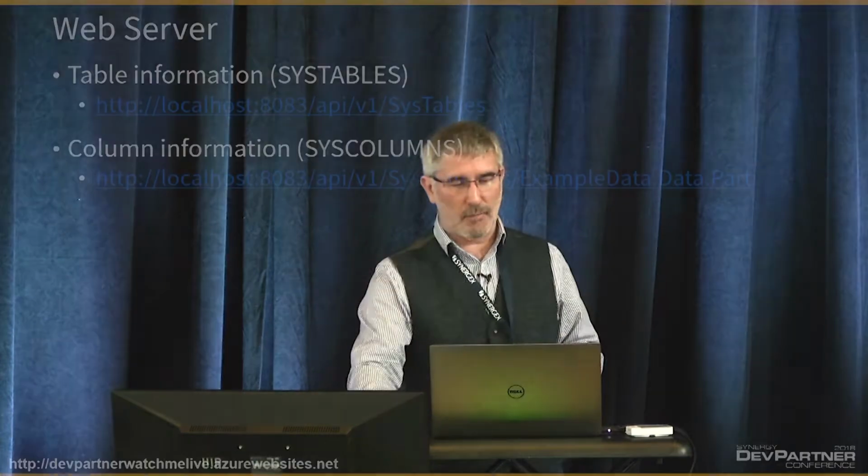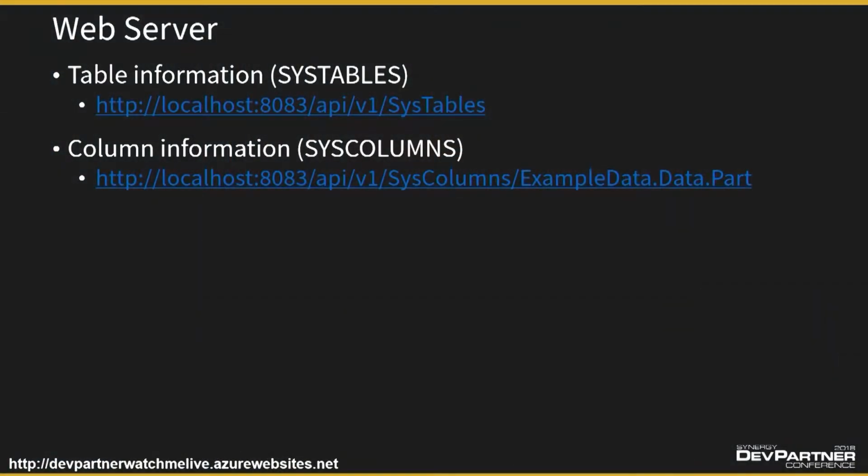So obviously this can help my Synergy DBMS browser know what resources I can now browse data from. The server also supplies a resource called SysColumns. SysColumns allows us to retrieve the actual column information for a particular table or a particular resource on our web server. Which means that now in my application, as well as knowing what resources I've got, I know the structure of those resources. I know what fields they are, I know what types they are, etc. And I can use these URLs to query the web server and say, tell me everything there is to know,